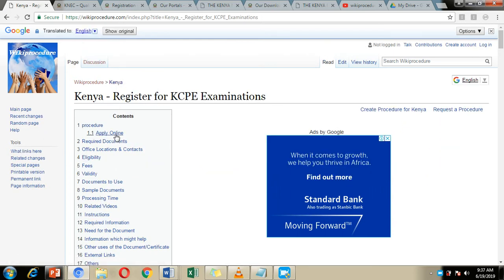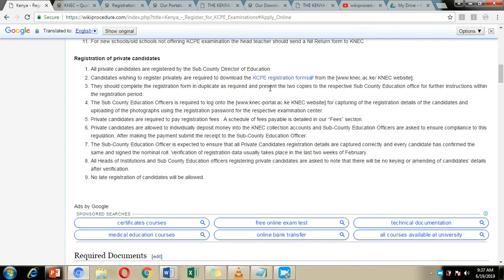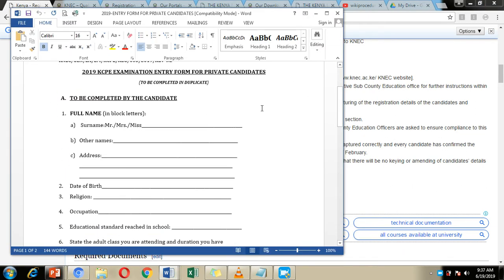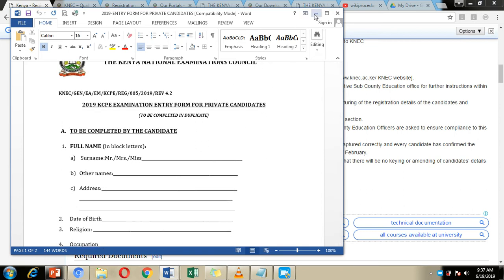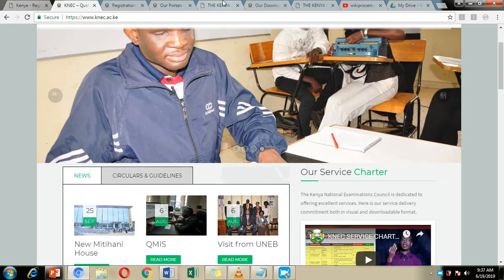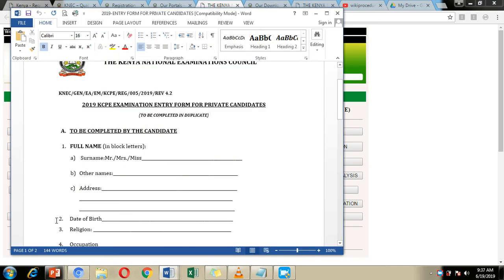We've also included external links to websites which you can visit, or we are going to visit, and make the application online. And we've also included links to registration forms which you can download and fill in before submission, and this applies to private candidates. We are going to go through these online platforms, and also we are going to go through the application forms as we move on with the presentation, so we can see how you can fill them and where to submit